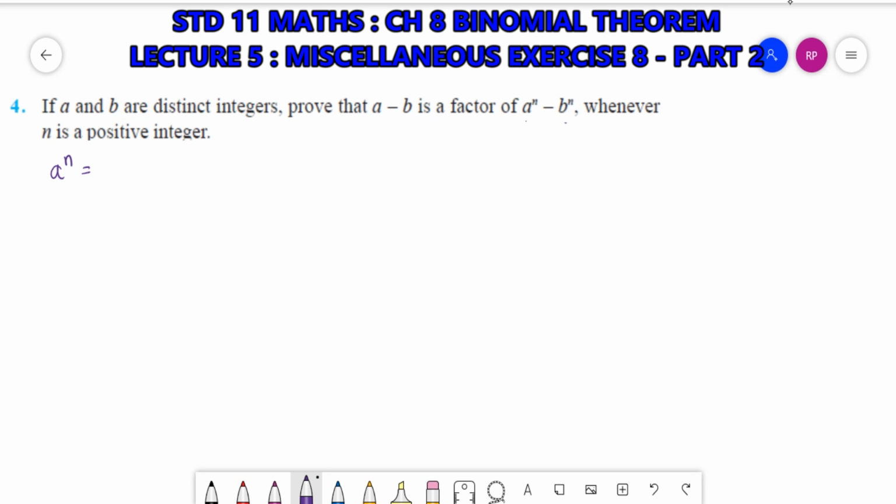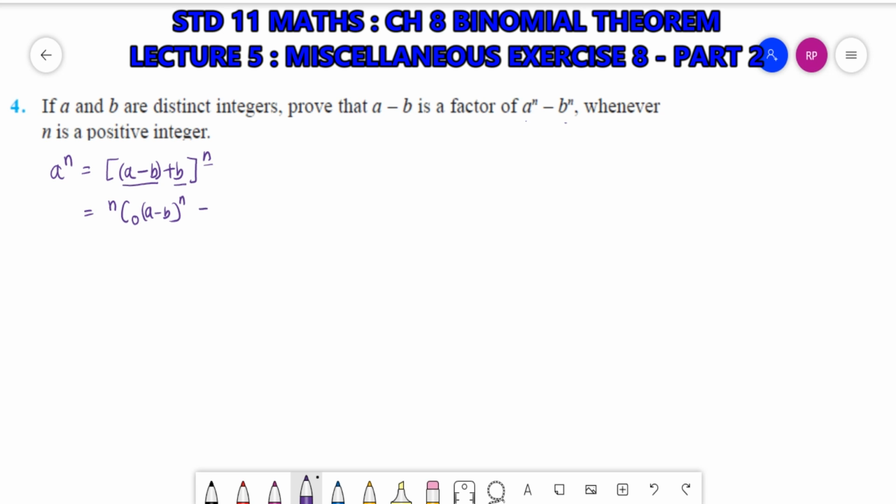Now see, I can rearrange and write it like this: a raised to n equals a minus b plus b, whole raised to n. Now we can use the formula of binomial theorem. This will be a, this will be b, and this is n. So nC0, a minus b raised to n,